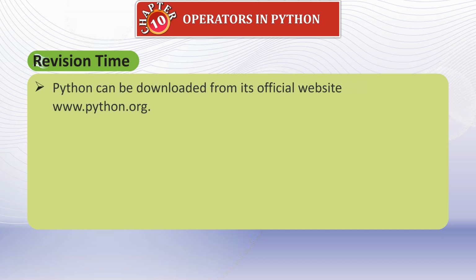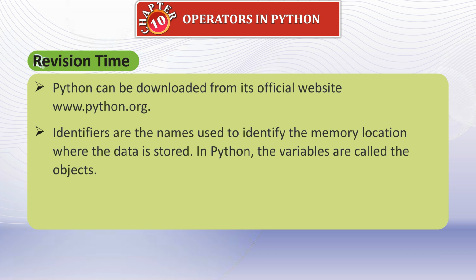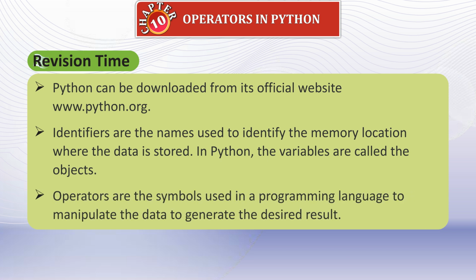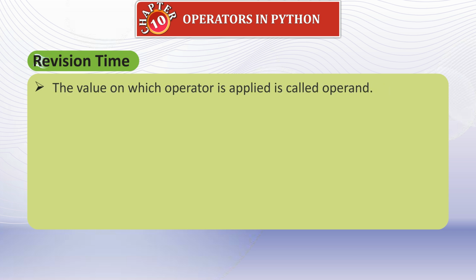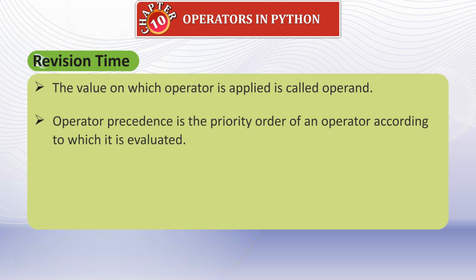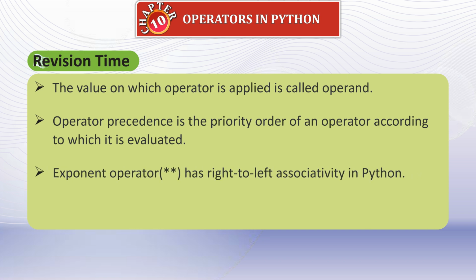Revision time. Python can be downloaded from its official website, www.python.org. Identifiers are the names used to identify the memory location where the data is stored. In Python, the variables are called objects. Operators are the symbols used in a programming language to manipulate the data to generate the desired result. The value on which an operator is applied is called the operand. Operator precedence is the priority order of an operator according to which it is evaluated. The exponent operator has right to left associativity in